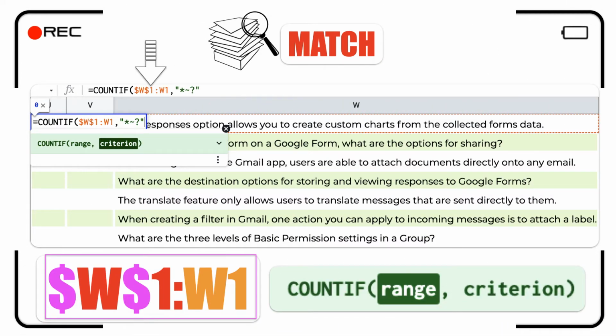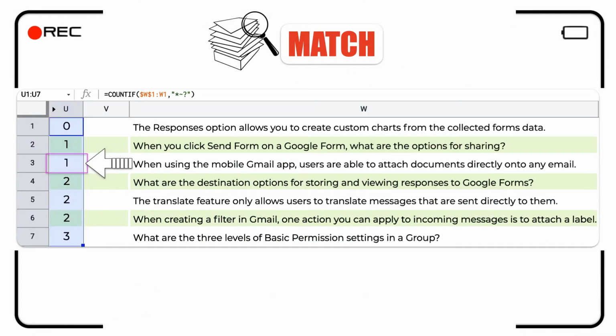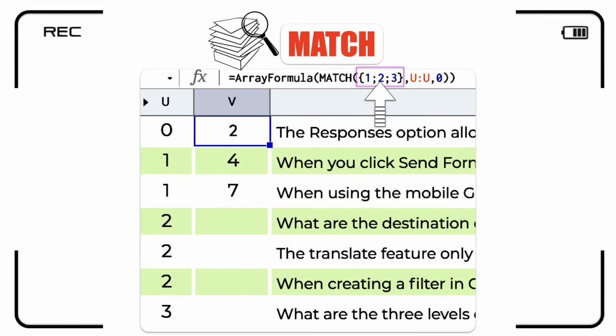The range of the COUNTIF function starts and ends with the same cell. We lock the start of the range, then copy the formula down. When the formula hits the first question, it returns 1, and when it finds the second question, it returns 2, and so on. Now, to return the position of the row that contains a question, we use the match function